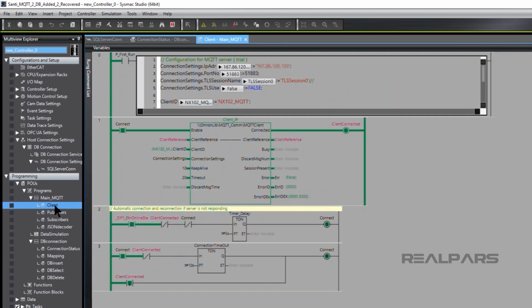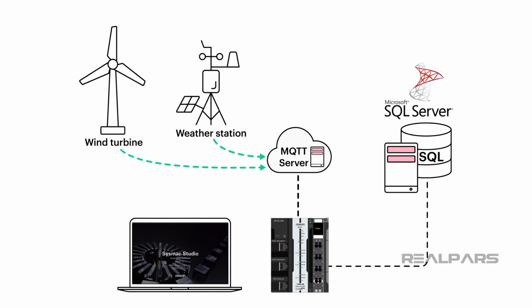As we mentioned earlier, with some simple coding, the function block MQTT client controls the connection with the MQTT server. Okay, so now we've got MS SQL working with our controller database, and we've connected our MQTT server with the NX machine controller as an MQTT client. We're ready to demonstrate the program operation.